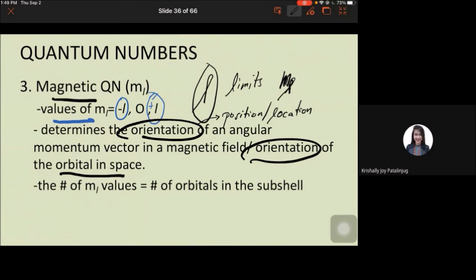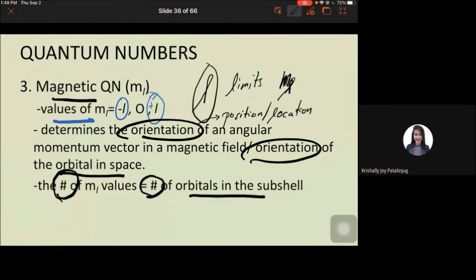Another thing that you have to know about magnetic quantum number is that whatever the possible number of M sub L values na makuha mo, kung ilan man yan,